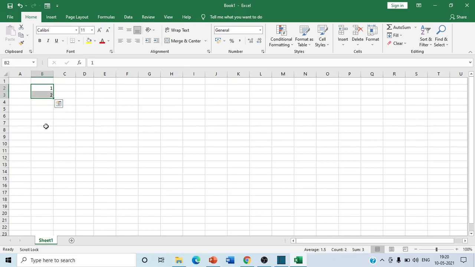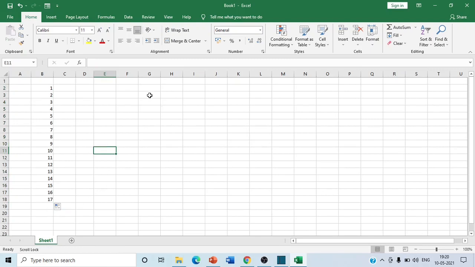You can see that there is a small square dot in the bottom right corner. When you place your mouse icon here, it will change, and then you click on this and drag to the bottom. You can see that all the numbers in sequence are filled here.